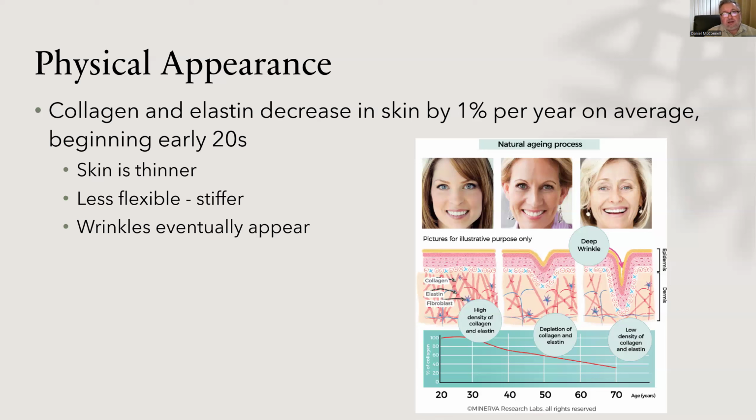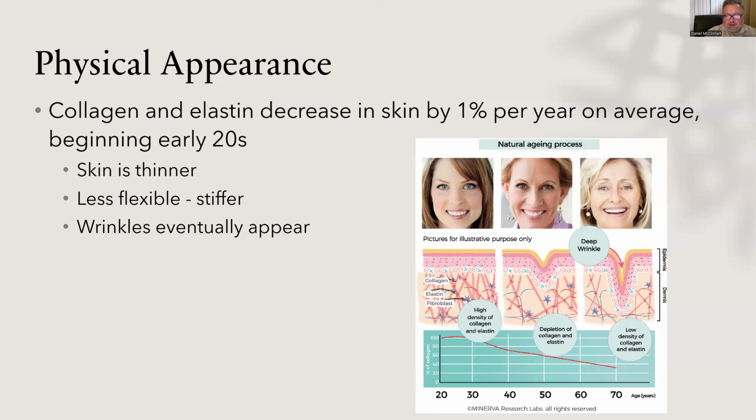That can happen on the back of your hands or around other joints, very commonly on the face because people get what are called smile lines around their mouth, because the mouth of course does a lot of moving, and also little crinkles around the eyelids because our eyes move a lot as well. So again, there's a lot of decline there. The skin gets a little thinner as well.